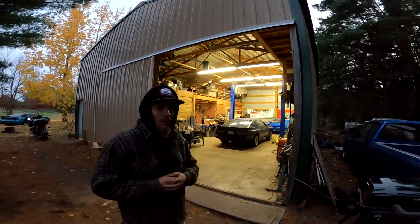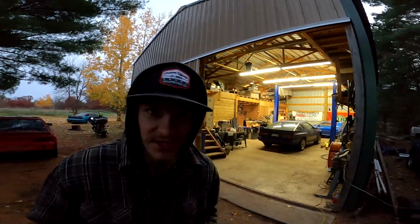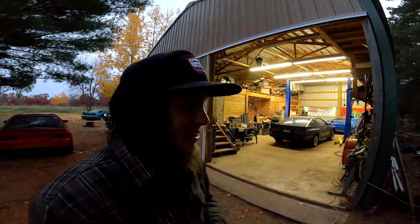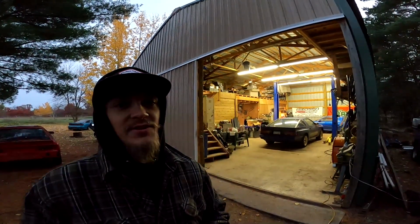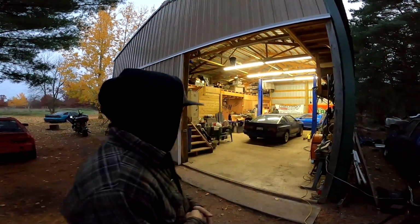But today, the goal is the Conquest. We talked a little bit last time about what actually ended up happening. Jake was getting on the highway, he went to accelerate, and unfortunately we lost an engine. So today's goal is to get a new engine put in it. And luckily enough, we've got a few long blocks with turbos ready to go, laying around the shop. So the goal is to transplant one of those into the car,